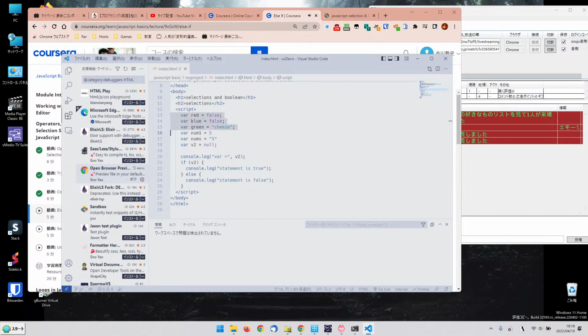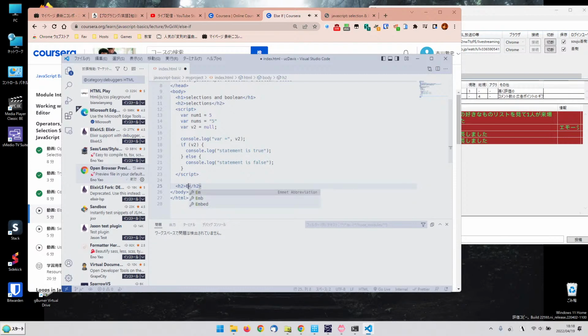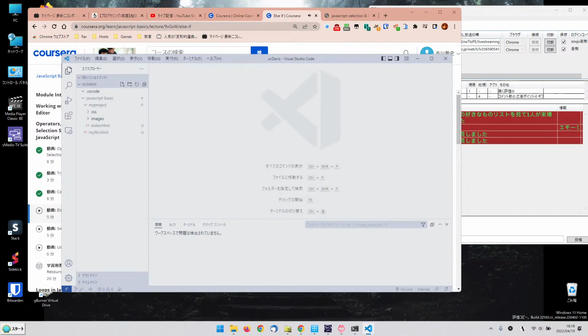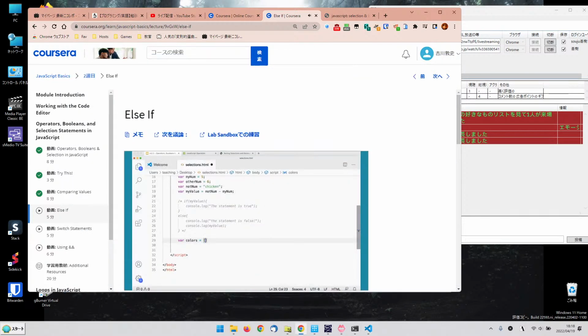So I'm going to come back here and I'm going to add, maybe I want to comment this out. In Visual Studio Code, I can do Option, or in Windows, Alt, Shift A, and that will comment. That'll put a comment around something that I've selected. So down here, I'm going to make a variable, var colors equals square bracket, quote, red, green,